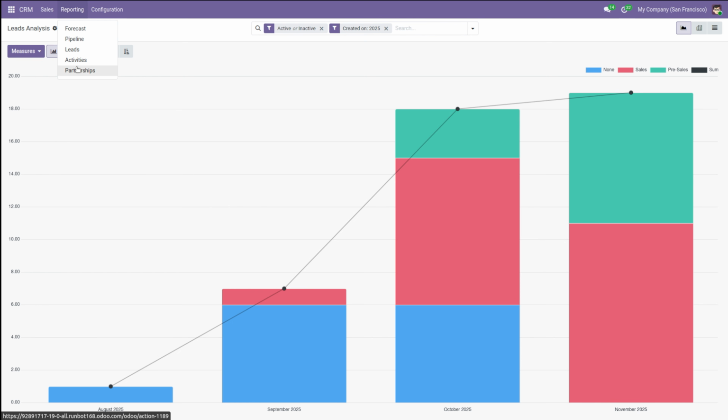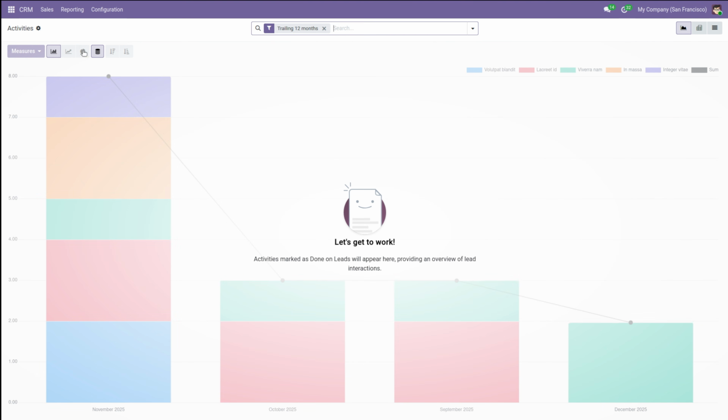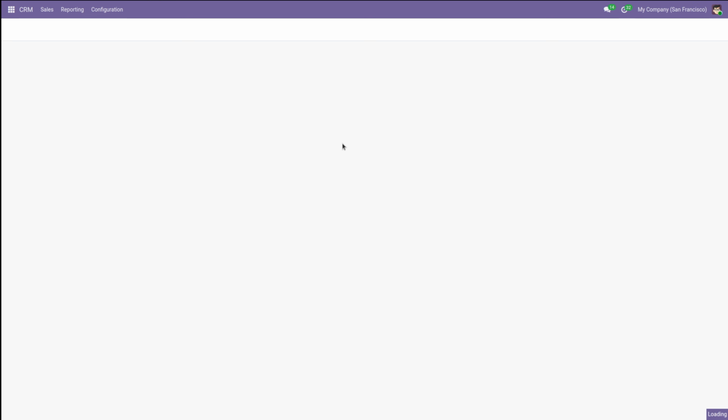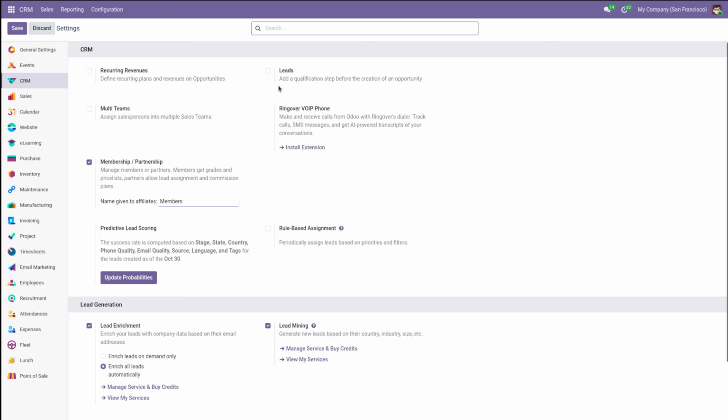So after that, you have the activities. This is the analysis of the activities taking place. Then you have the partnership analysis. Okay, so there is something which is missing in the CRM module. For that, you have to go to the settings in the configuration and then you have to enable this thing